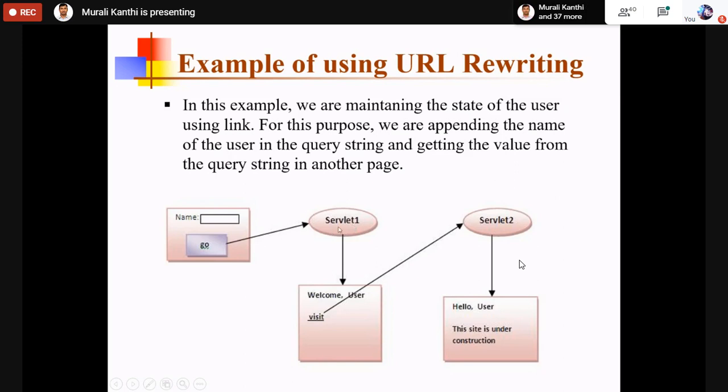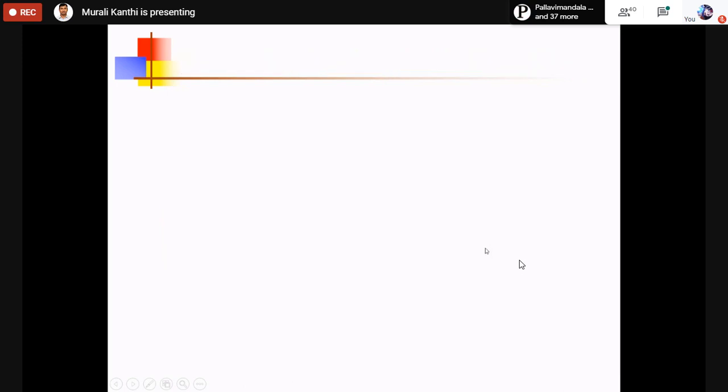Now servlet 1 is forwarding the same to another servlet. Okay, this is URL rewriting.